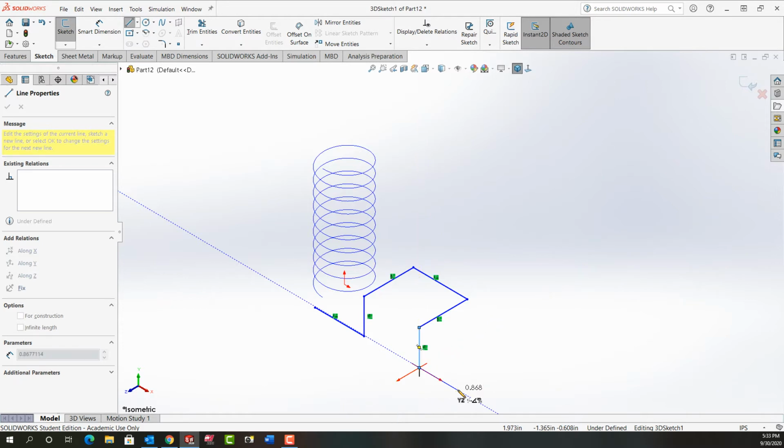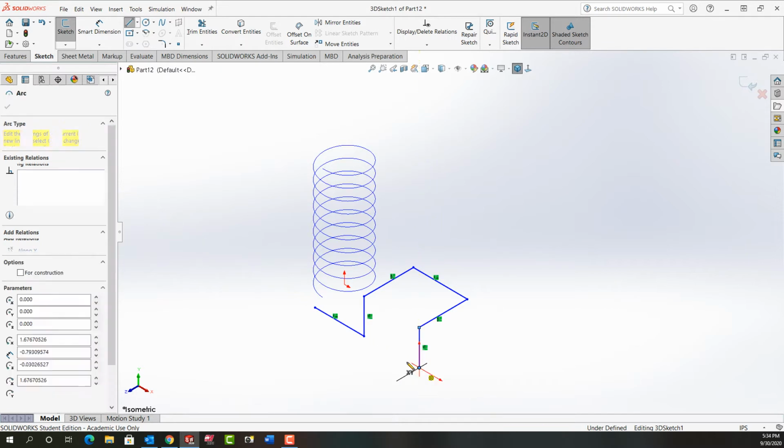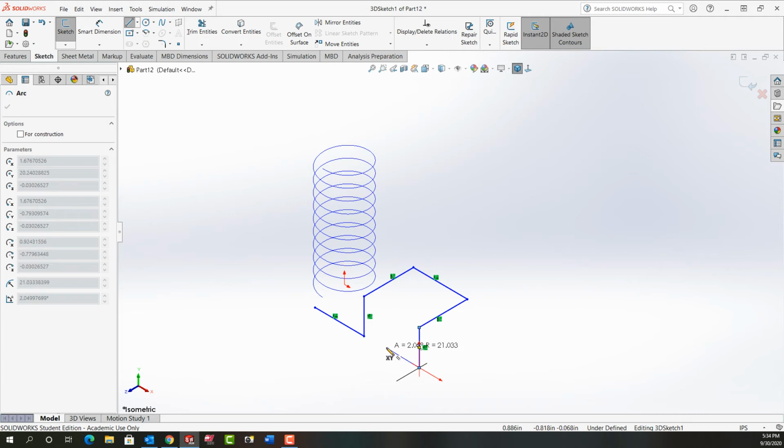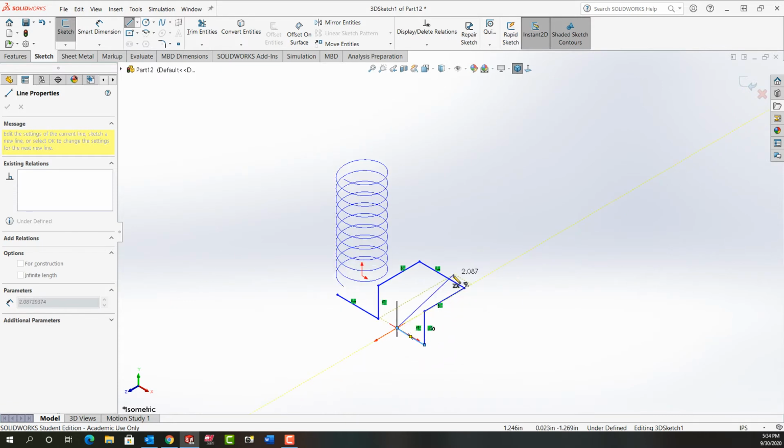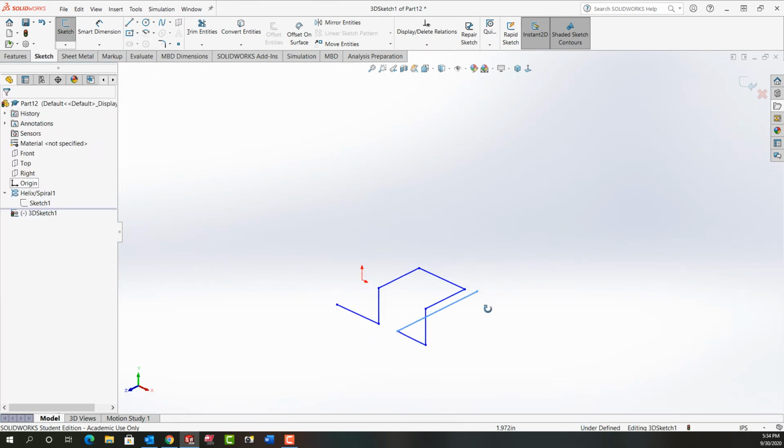I can tab to switch planes. I'll switch to the XY. Then I realize I'm going the wrong way for the sketch. That's fine. I'm just going to come back here, but I still want that relationship. I'll click, and then my last line here, I'm going to move it to the XZ plane, so I'll tab. I'll just zoom out a bit. And I just don't want to get a relationship to another line, so I'll click way out here, and that's